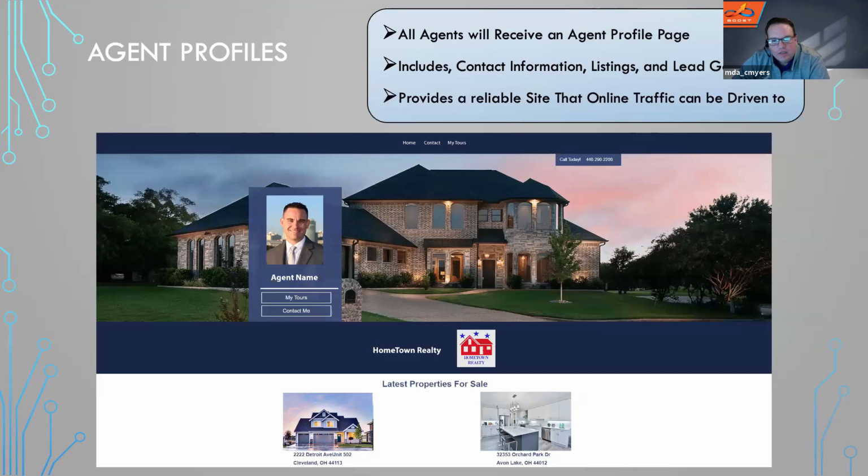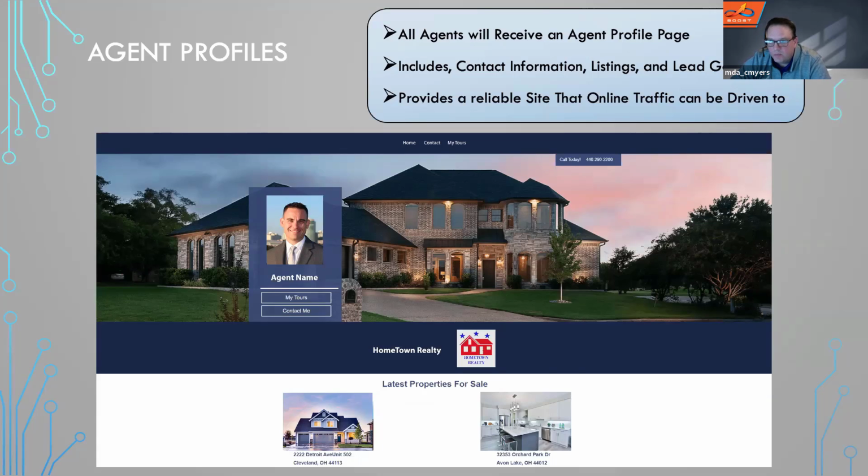So the other advantage to it, believe it or not, so we have gone to a lot of conferences, NAR events, Boston, San Francisco, and association venues, and the number one answer we get to the question of why don't you do more display advertising to agents is they don't have a website. So what we have done, well, actually what Property Panorama has done is they are providing a website for every single agent within the enterprise package that they can take advantage of.